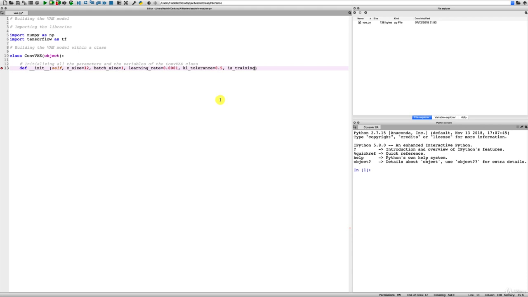And so by default we will set it equal to false, because naturally by default we want to do inference. But as soon as we want to train the VAE, we'll set that of course equal to true. Then the next argument is going to be